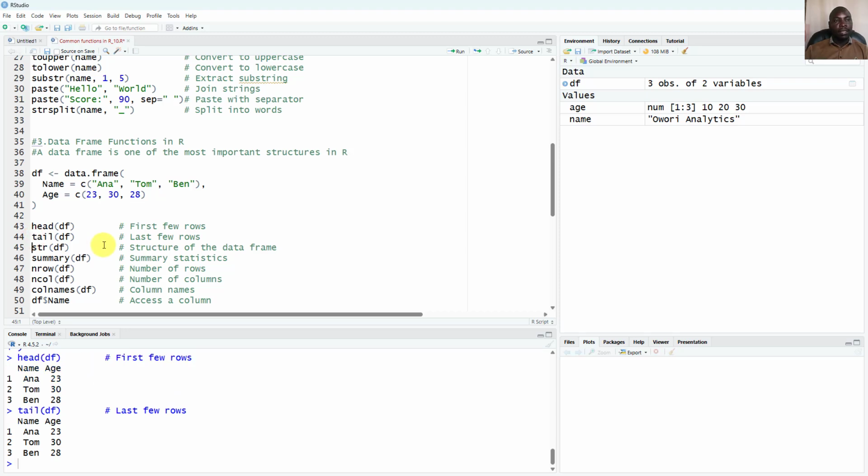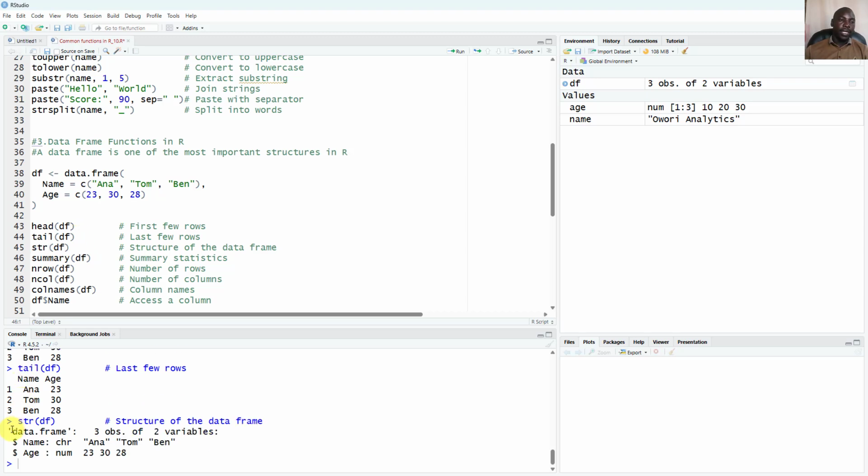Tail will just show you the last few rows from your data set. Then if you want to know the structure of a data frame, we've already looked at this, but you use the str function, Control Enter, and it will tell you you are dealing with a data frame. Previously we looked at vectors, lists, arrays, and matrices. So this is a data frame with 2 variables, and the first one is a character, another one is numeric. These are their